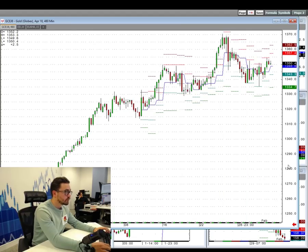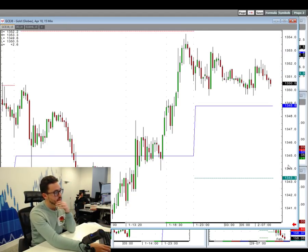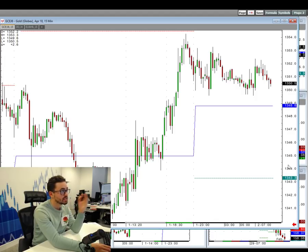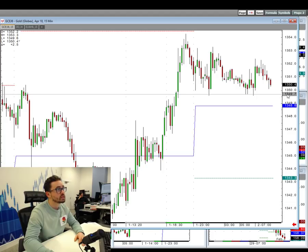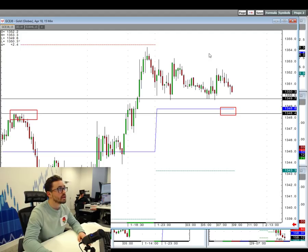Gold, let's have a look. Obviously the focus for gold and T-notes, as I'll come on to, is very much going to be on the US data, as it could absolutely drag it around. Pivot, however, does look like a pretty strong area. We found some good resistance around where the pivot is yesterday before breaking through, so I'd expect something quite nice around there. However, we are making new lows for the day,